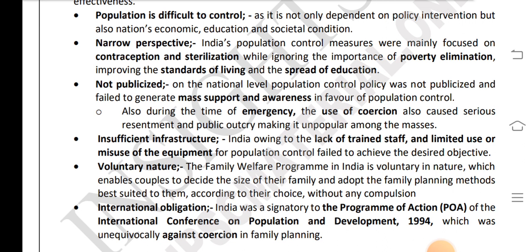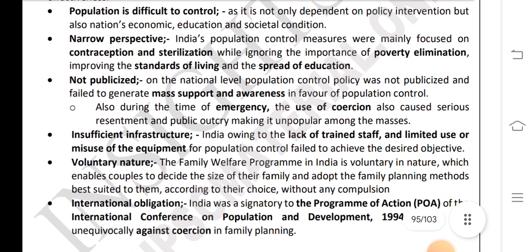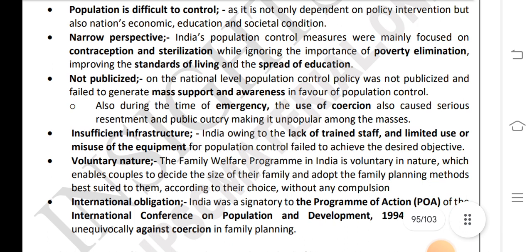The population control measures in India have often been criticized due to their poor effectiveness. Population is difficult to control as it is not only dependent on policy interventions but also on national economic, education and social conditions. Narrow perspectives: India's population control measures have mainly focused on contraception and